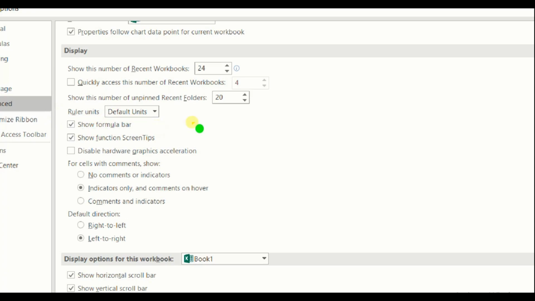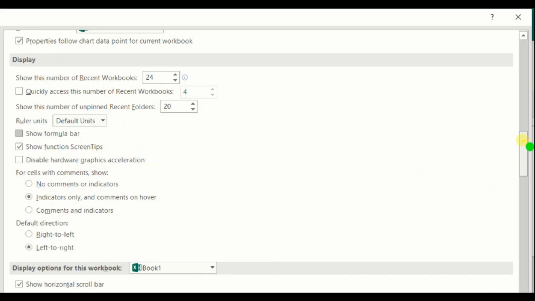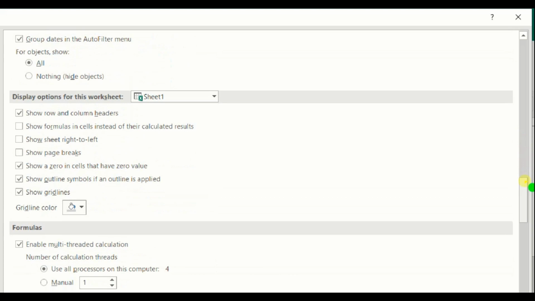In any case where you want to hide the formula, you can uncheck it from here. Now I have unchecked it. Let's verify whether the formula has been hidden or not.